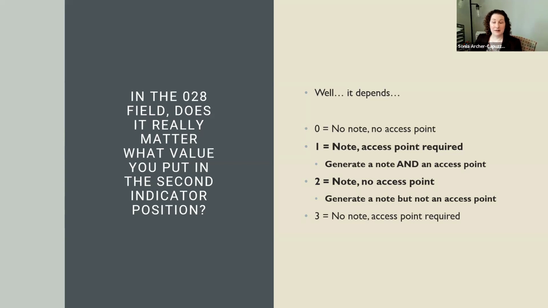And so I went out and did a deep dive into a whole bunch of catalogs. Just went to a whole bunch of places where I knew we had smart music catalogers who were doing great work. There was no shortage. I could have gone for a really long time and started digging around. And what I found was, on a broad scale, no, it doesn't seem to matter what your second indicator is, because it displays